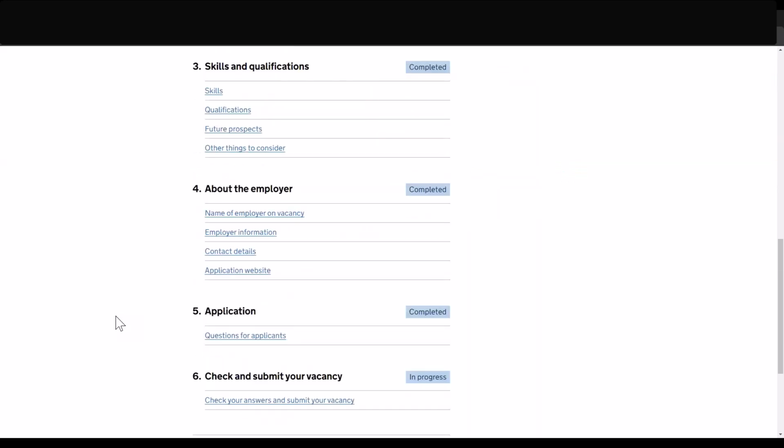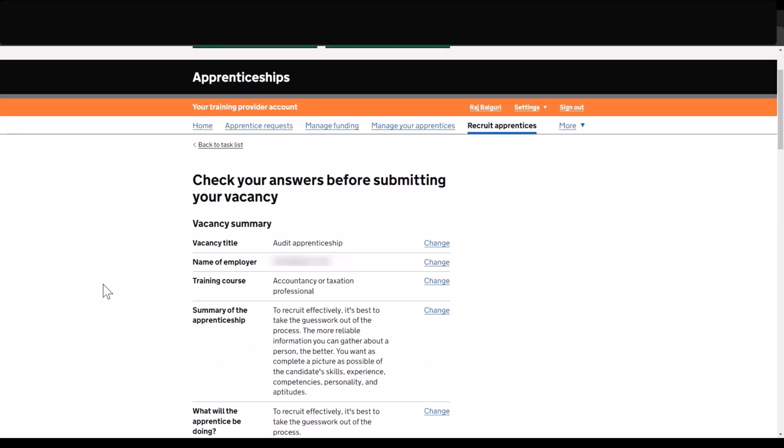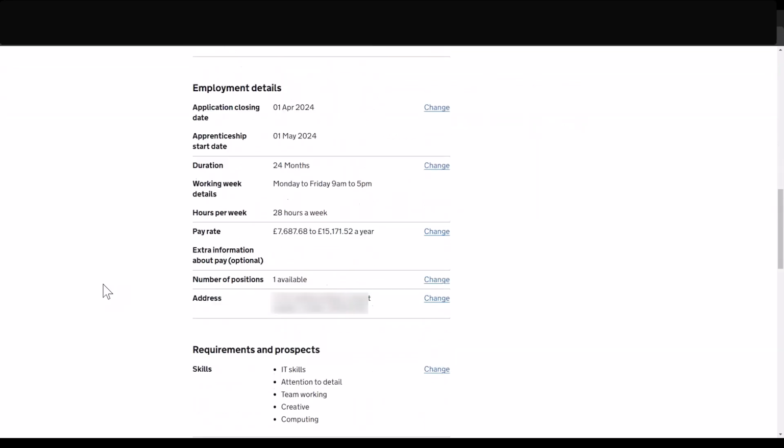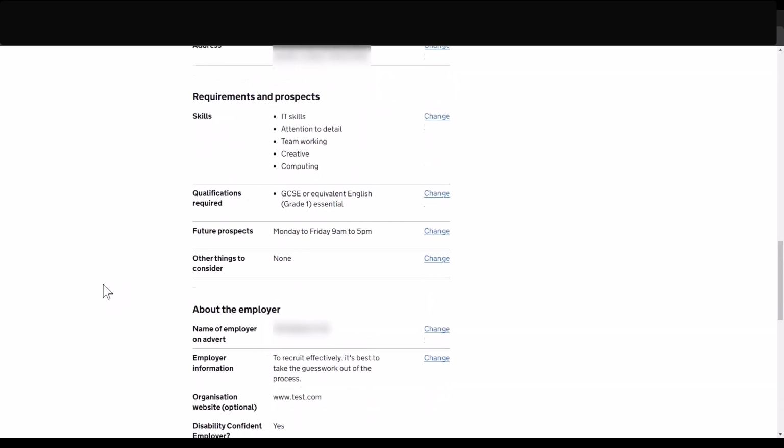We are now through to the last section where you can check your answers and submit your advert. So let's click on section 6. On this page, everything that we have input will be played back. You can look at all the information that's been added in the advert and you can change or continue through